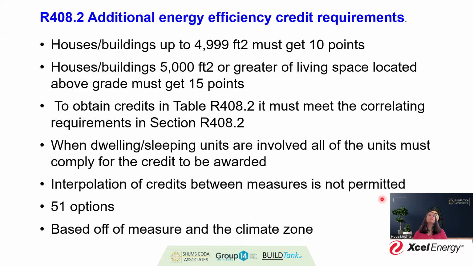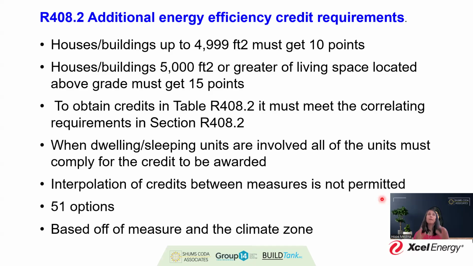All right, now here's the other thing. I wish I could show this, but integralization of credits, that's as close as I'm going to get. Trade-offs between measures are not permitted. So you can't do a part of this and a part of that one and be able to count it. You do have more options on how you're going to actually get there, which is